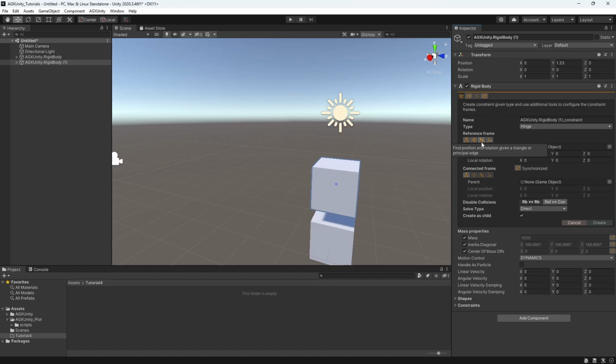So in this case, we're going to use this position and rotation. And next we click this object here, and we get a hierarchy saying, okay, on the top we have the visual object, we have the box, and have the rigid body. It doesn't really matter which one you choose here. So in this case, I will just choose the rigid body. Now, what we can do is that we can use the constraint creation tool to find a suitable edge. Because this is a primitive, we have a perfect center